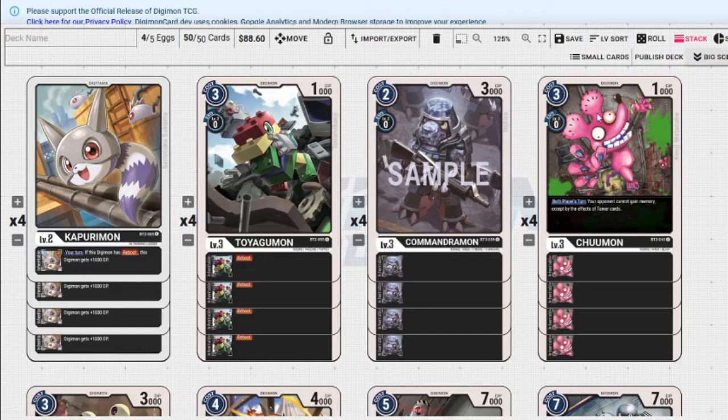Moving forward, I have a tech choice in Chumon as a 4 playset. He's 3 to play normally, 0 to evolve, 1000 DP. During both players' turns, your opponent can't gain memory except by Tamer's effects. This works well against stuff like Hammer Spark. It works well against